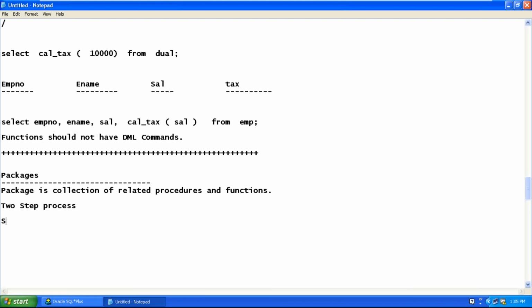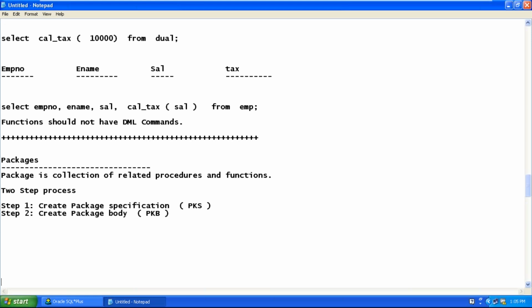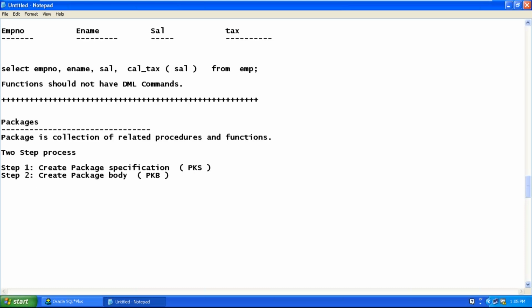Step 1, we should create the package specification, popularly called PKS. Step 2, you need to create the package body. You need to create the package specification and then the package body. A package has 2 parts: package specification and package body. Creating a package.